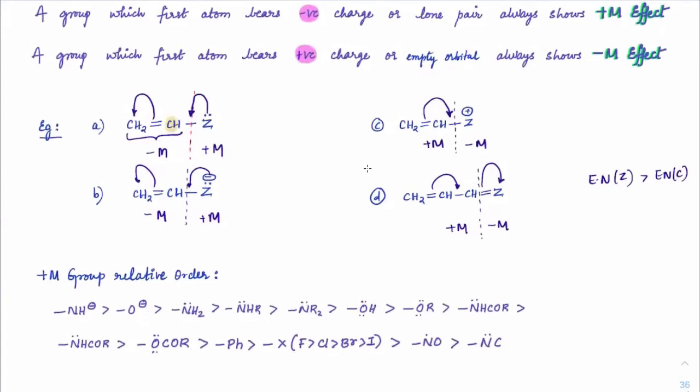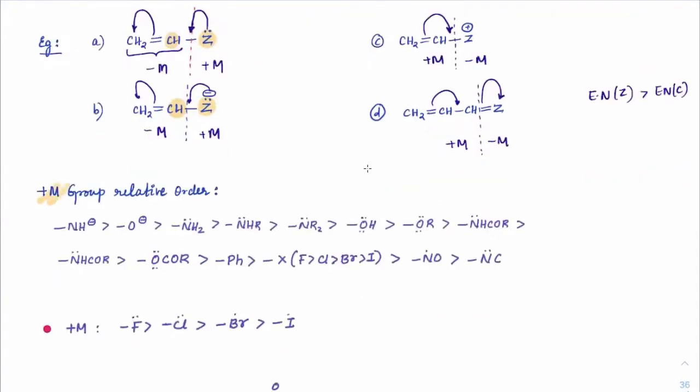Here, these are the reference atoms. This atom and this atom are reference atoms. That would be the first atom on which you will get either a charge. Which of the following are more plus M, giving electrons, which means which can donate electrons at a much faster rate compared to the other ones? First, the ones which have negative charge are unstable species. They want to donate electrons as soon as possible. So always check for unstable species. If they are negatively charged, they will be the strong plus M donating groups, which means they will donate electrons at a much faster rate.